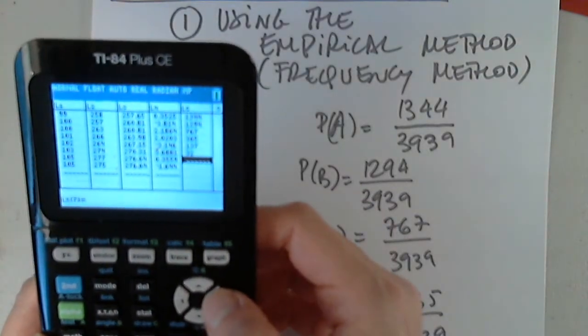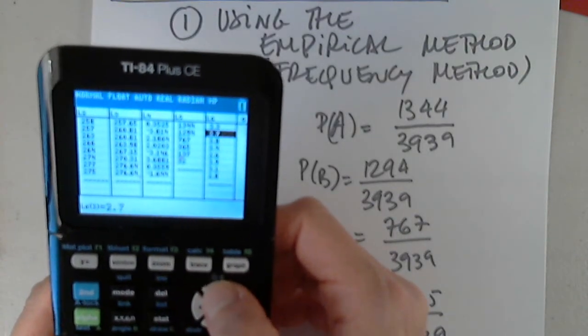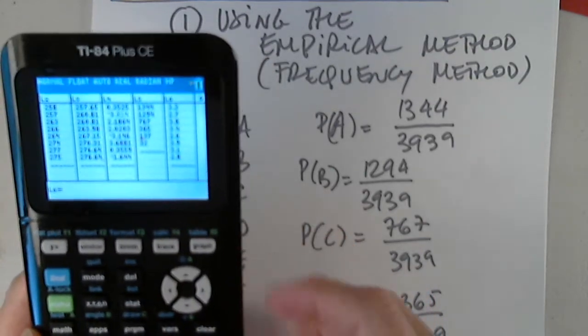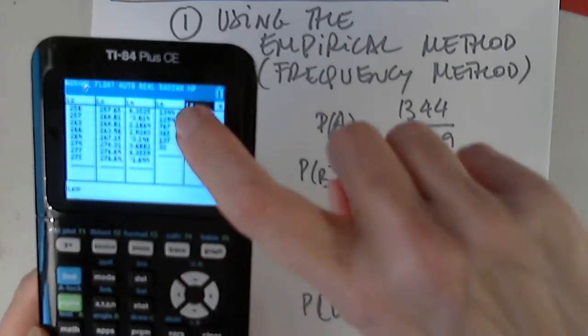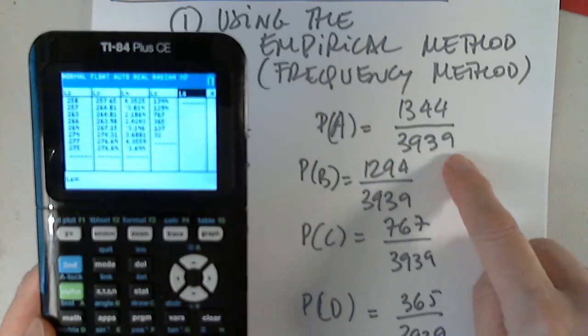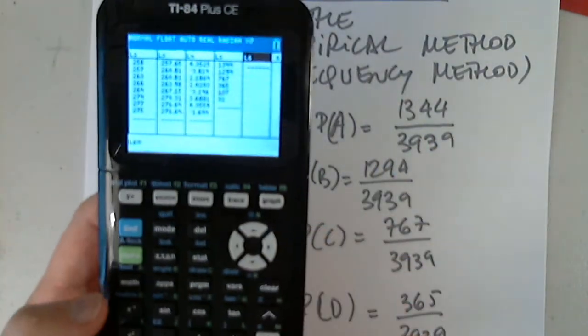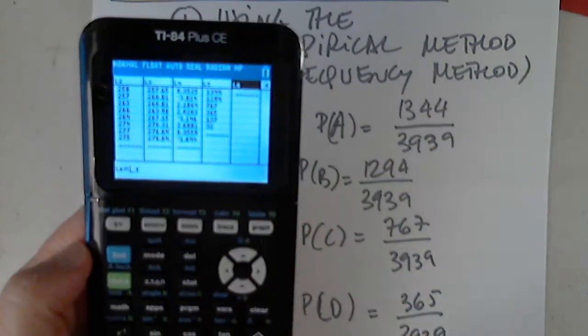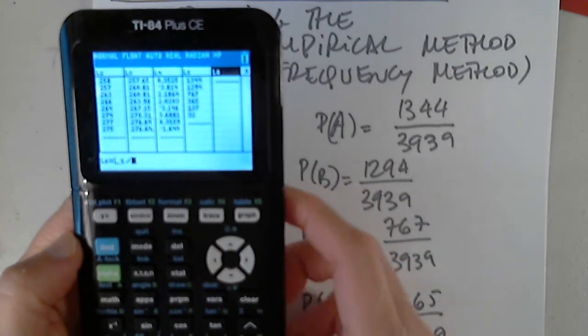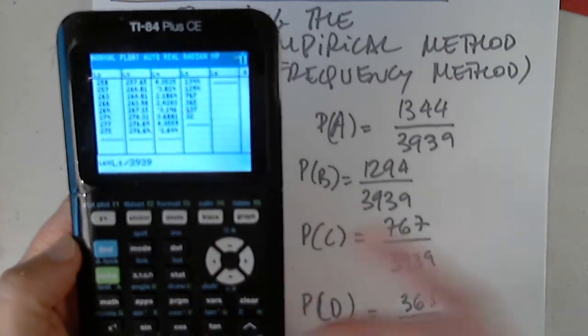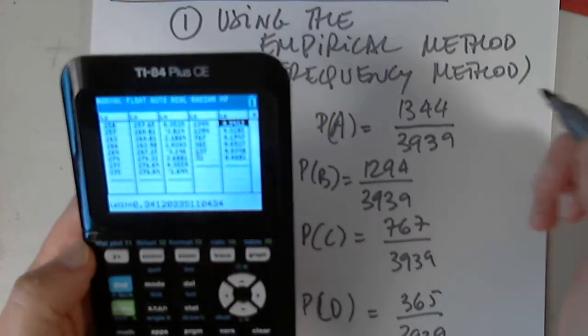And in the next list, I'm going to clear what I have. I'm going to divide list L5 by 3939 to get all the answers at once. So list L5, the previous list, divided by 3939. I don't want to do this by hand several times. So I have